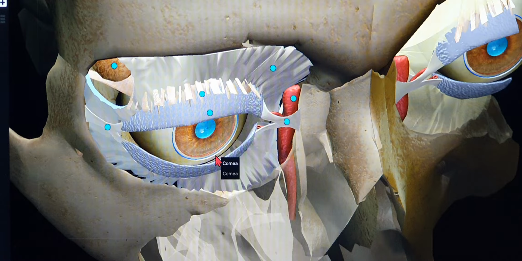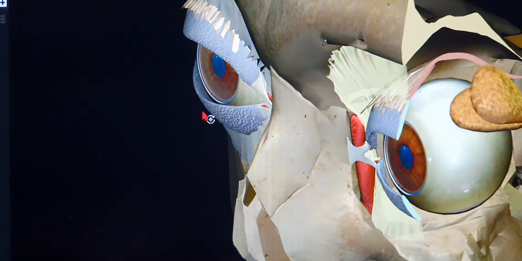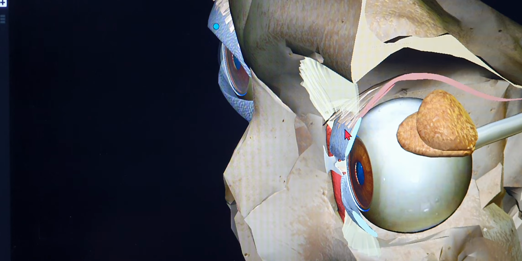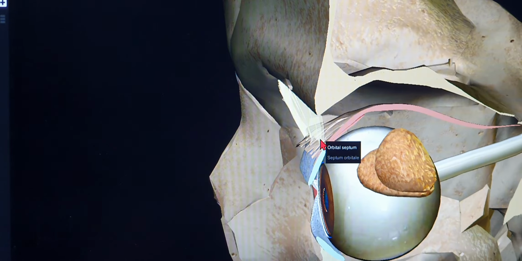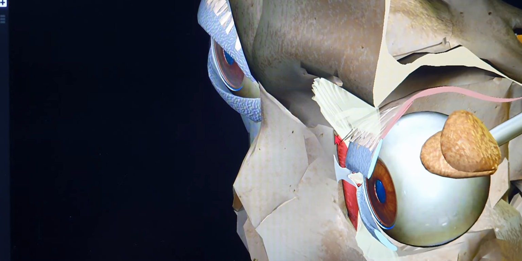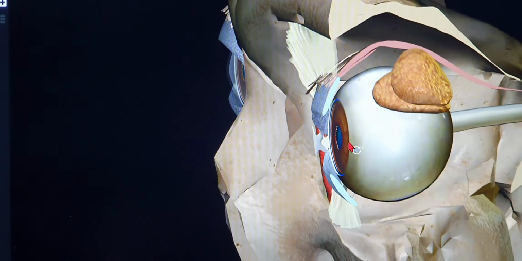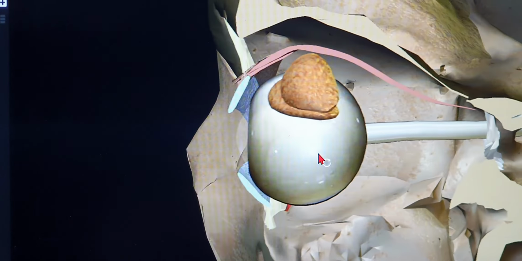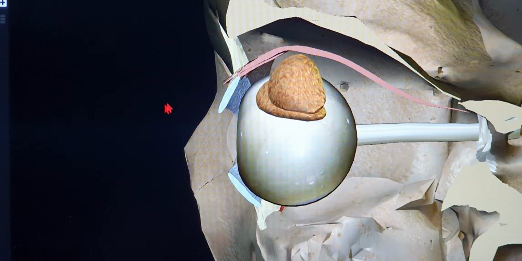So this is how the orientation of the orbital septum actually is. And if I can show you over here, the levator palpebrae superioris is actually within the meshwork of the orbital septum. It pierces through the orbital septum and has its attachment on the tarsal plate over here. So as you can see, any external forces, the mouse cursor being any external forces, infection, if they